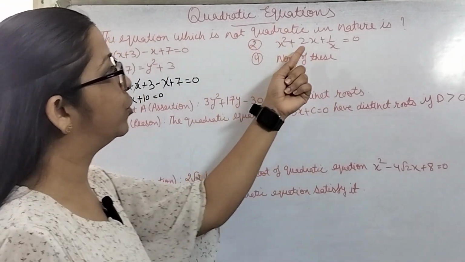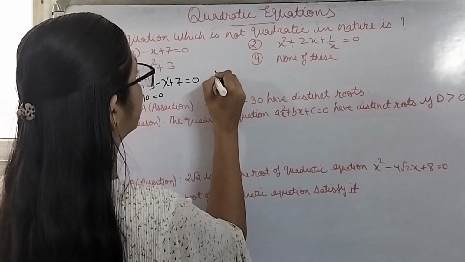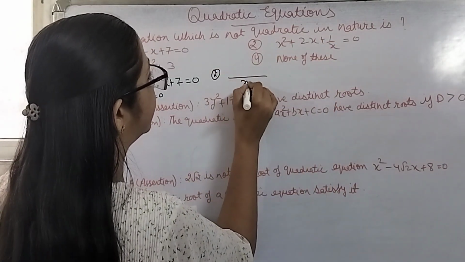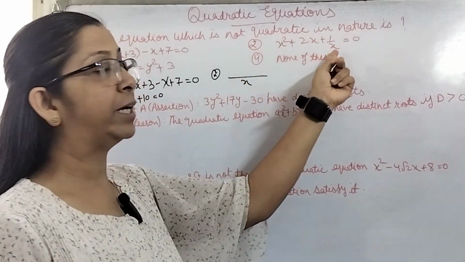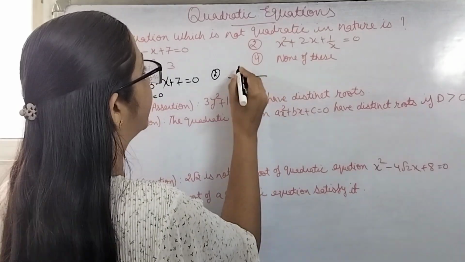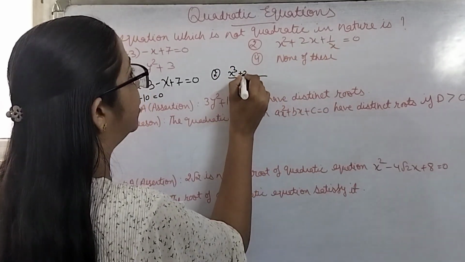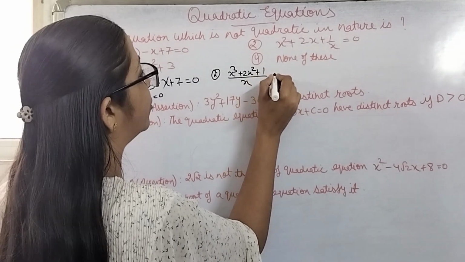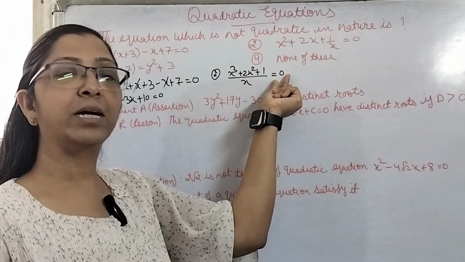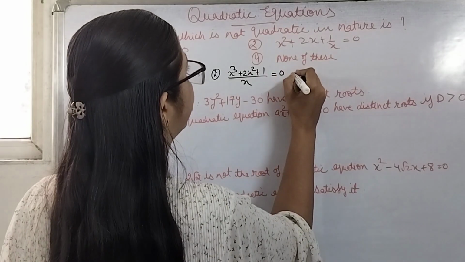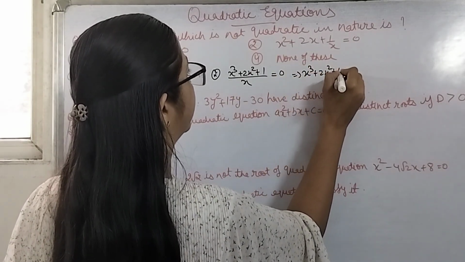First of all, we need to take the LCM for this. So first of all, we'll be taking the LCM. It is your second equation. x will be the LCM, and this x square plus 2x, all these will be multiplied by x. x square multiplied by x will become x cube. 2x multiplied by x will become 2x square plus 1, it is equivalent to 0. Now if we multiply 0 and x, it will become 0 only. So if we solve it further, it will be x cube plus 2x square plus 1 equivalent to